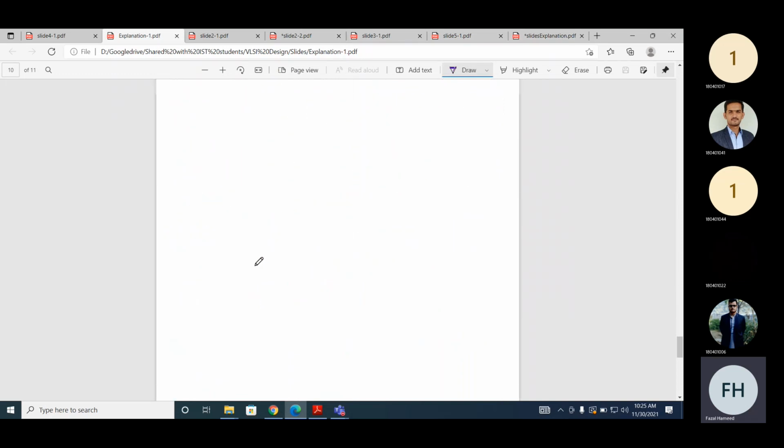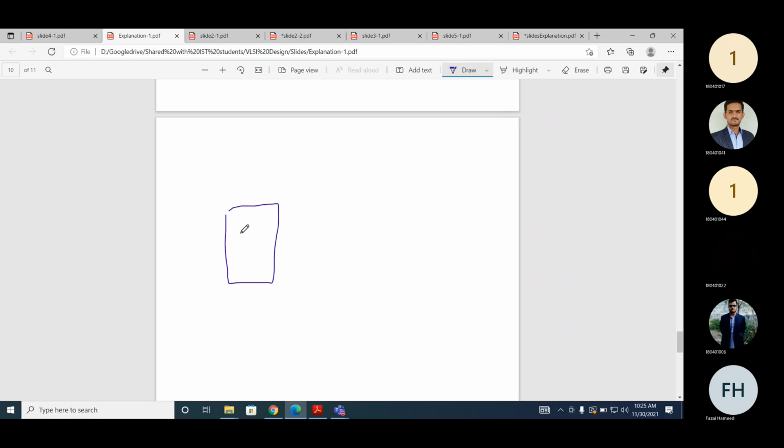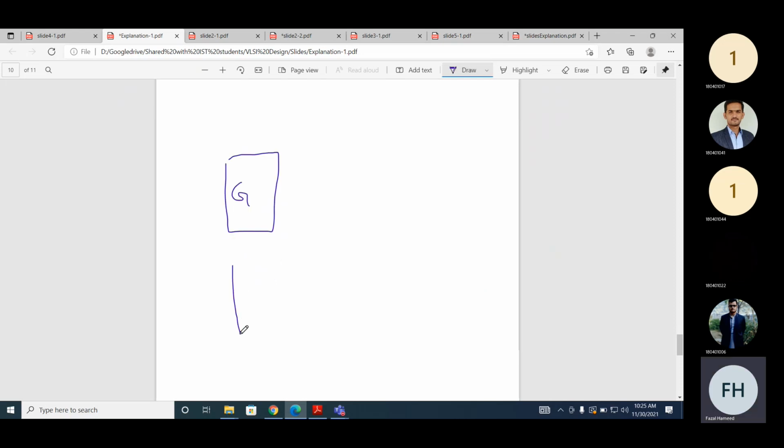How will it look? Now you have a G function generator and an F function generator. And for this G function and F function, you have A1, A0, B1 and B0.